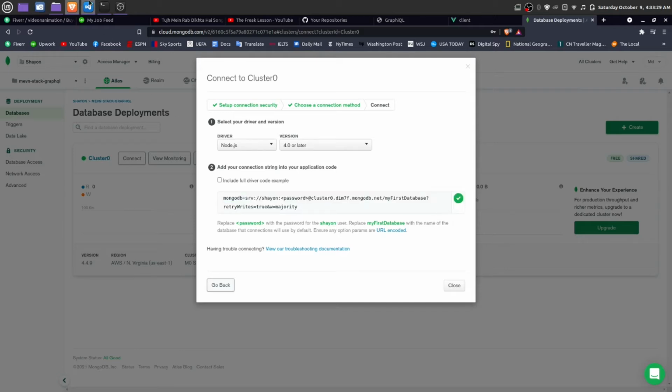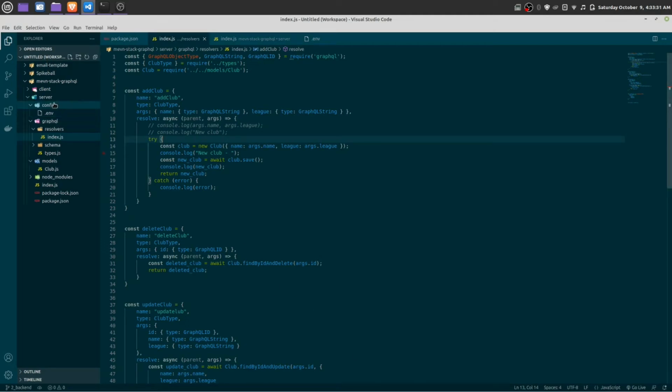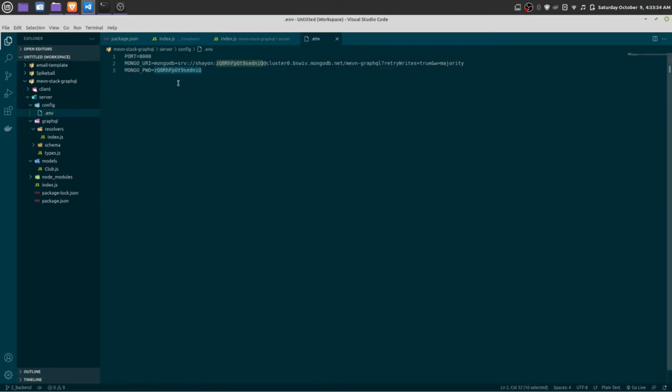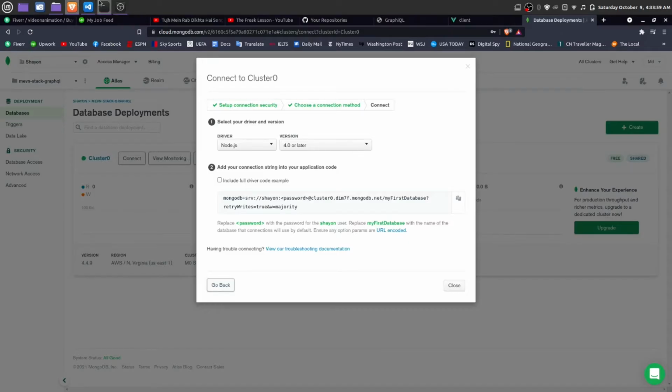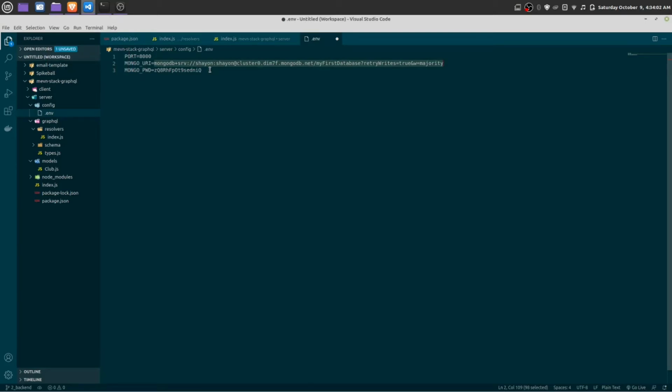Okay, and go to Visual Studio Code. From here I am using a .env file, so I am going to store it in here as well. And here you see there is an option for password. I am going to change it to Sion. Actually I am just making a variable of MONGO_URI. MONGO_URI is equal to the URL we copied from here. And this is the password I previously made. I actually don't need this one right now.